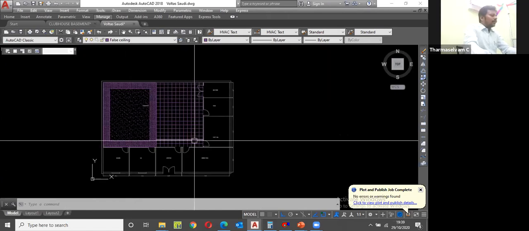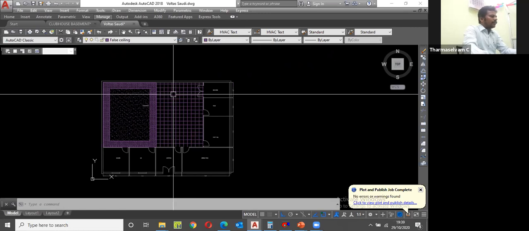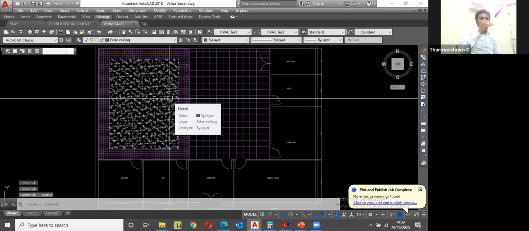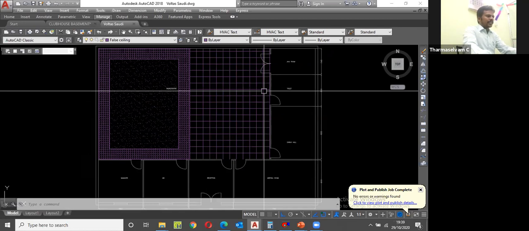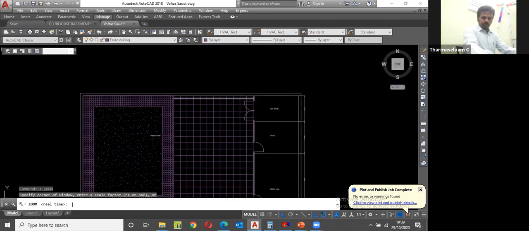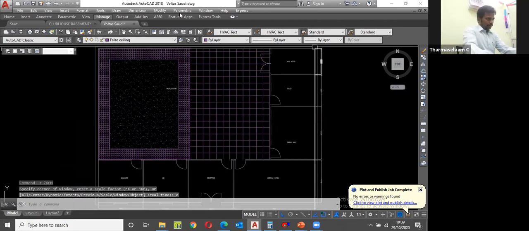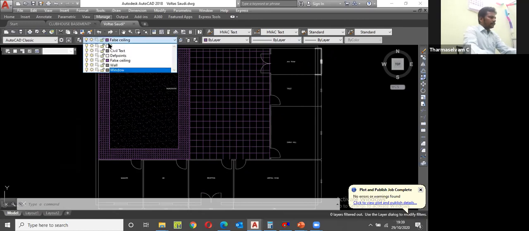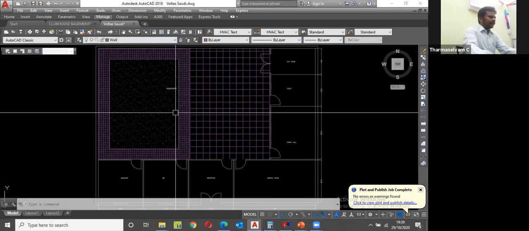Okay. Now I am going to do the heat load calculation for this workstation. You should know the height of the building. Then you can draw the section view. Now, whenever you are going to draw the section, I am going to change the layer. That is the wall layer. Here you change to wall. Now reference line.